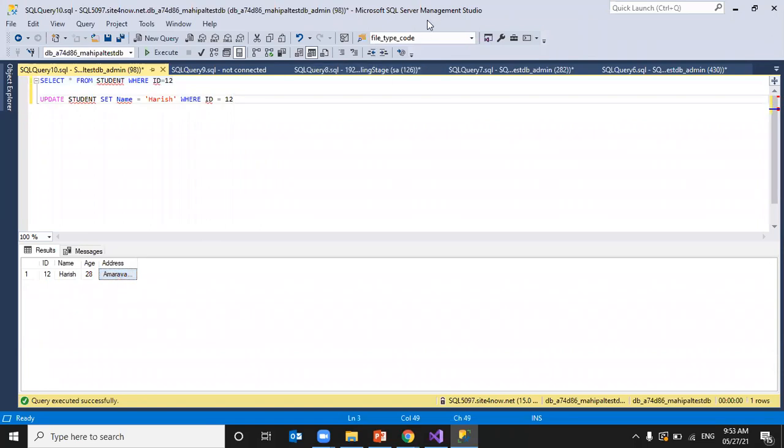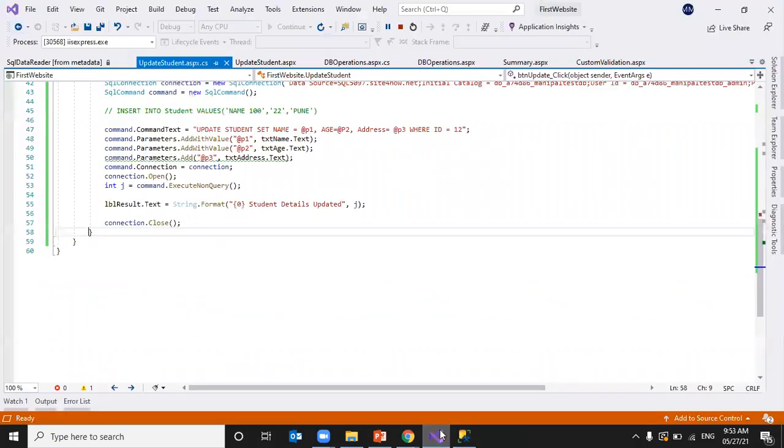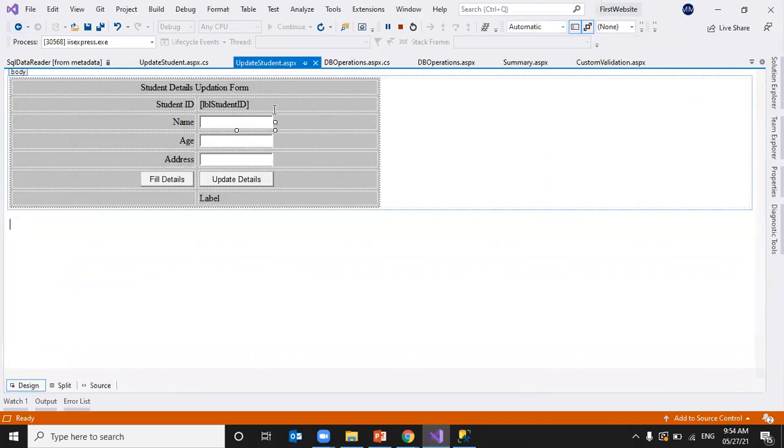So this is the way of updating the details. We saw an example with deleting, an example with filling or displaying details, and an example with update. We call these operations CRUD: create, read, update, delete.